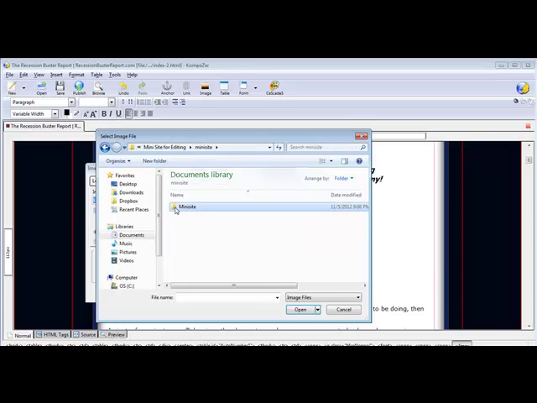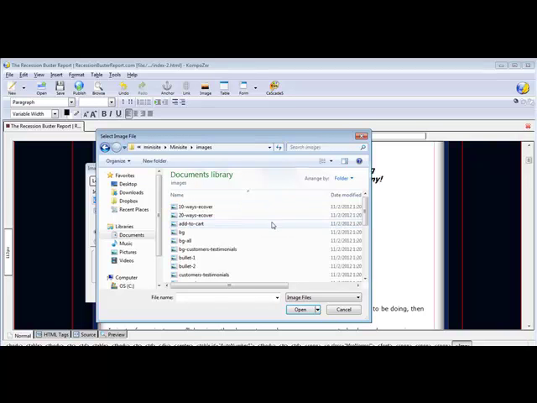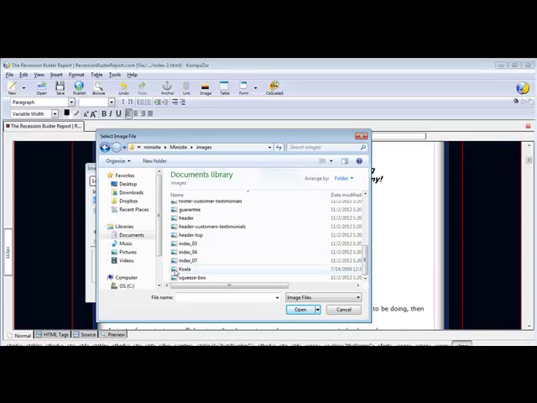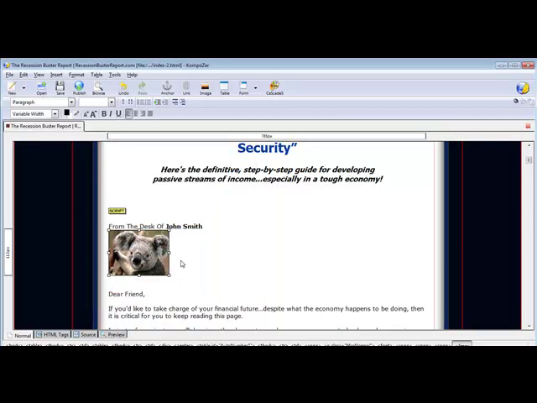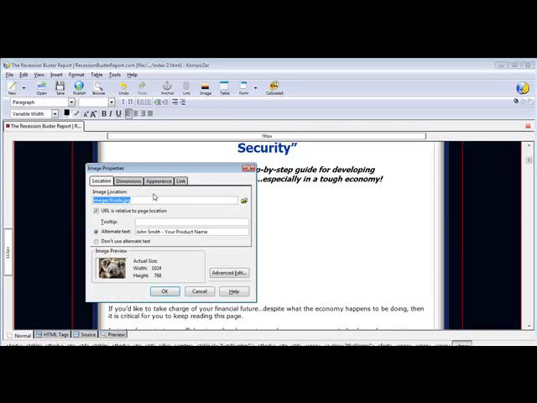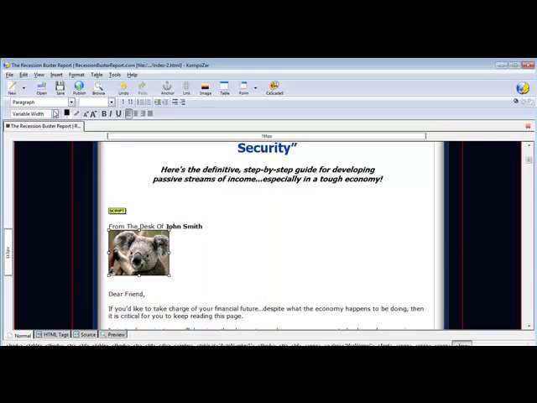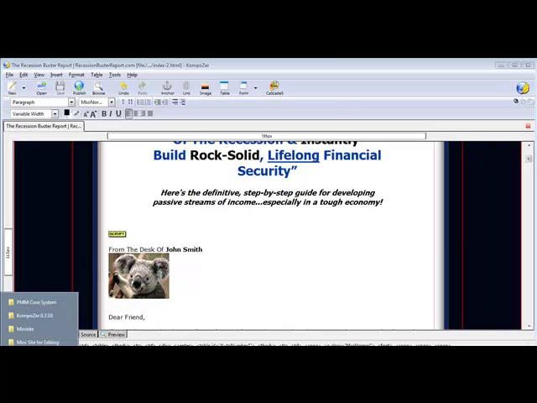Choose my mini site. So I'm just finding what I'm working on, and I've got my images folder here, and I'm going to go to koala. So there it is, koala, and I'm going to choose OK. The dimensions, those are all set as they should be, and now I'm going to click OK, and then just double click, and now it's showing up better as it should. So it's going to be stored in images. The reason I just did that is because, like I said, what's going to happen is now when you upload your website files,